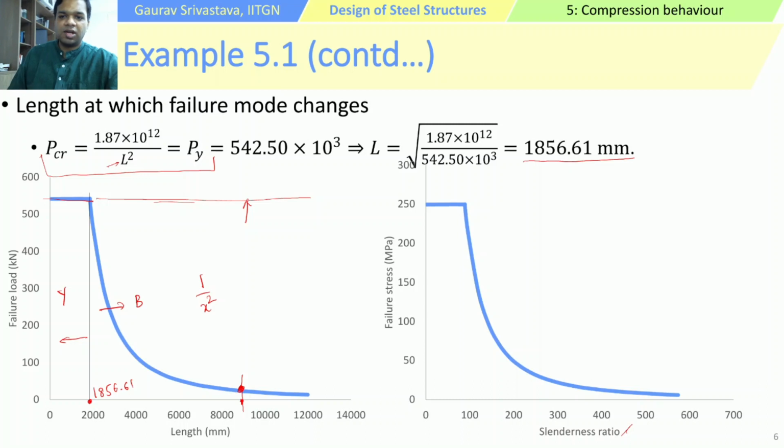Okay, so now this to some extent will become independent of the section, because slenderness ratio considers the effects of the sectional properties, right? So for different slenderness ratios, we can see what the different failure stresses are. And again, there will be a critical slenderness ratio where the behavior qualitatively changes from squashing to buckling.